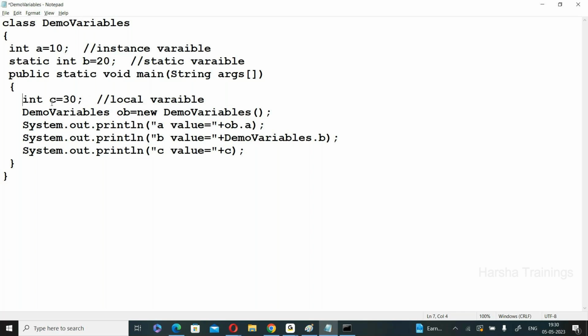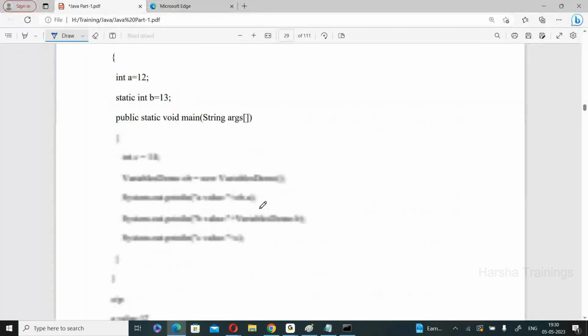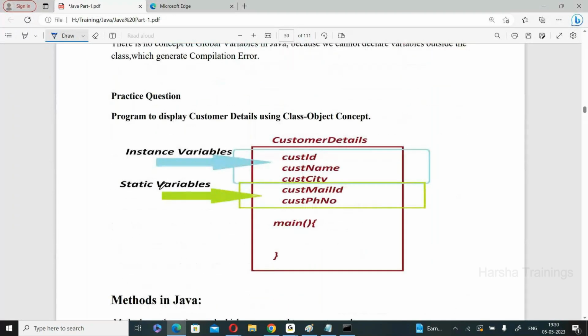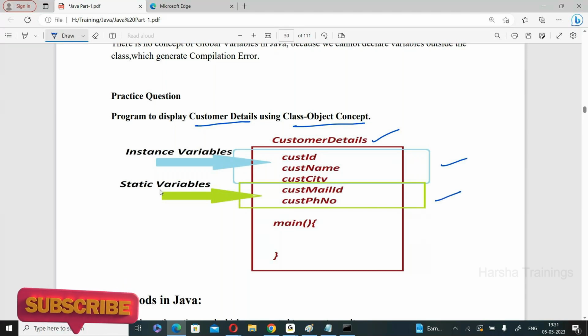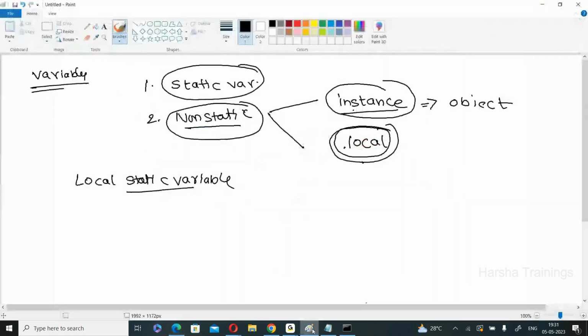Now, I think we have one assignment question for you. Did I write it or not? One second, I will check. Ah, yes. So this is your question. You need to practice. Display some customer details by using class concept object. In this my class name is this one. Create three instance variables and two static variables and inside the main print all those things. You got my point? Just for practicing. Now clear the point? This is the concept of static variable. Okay,